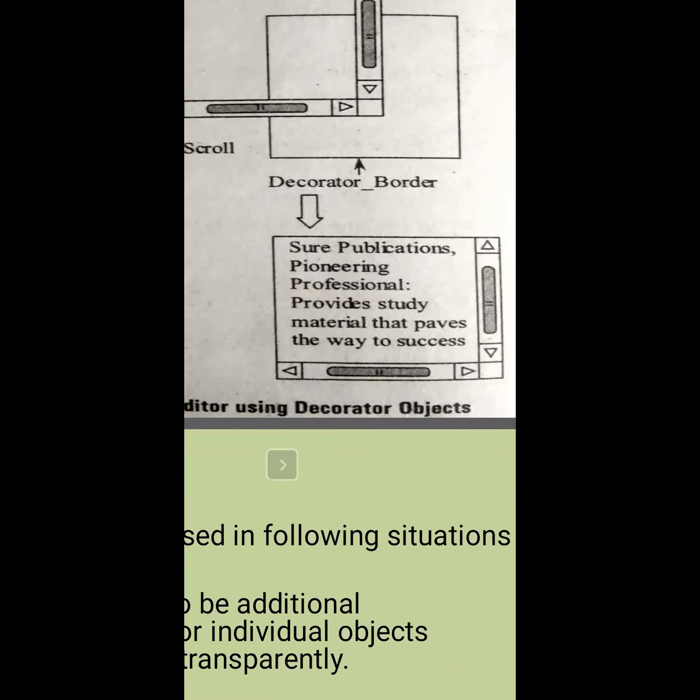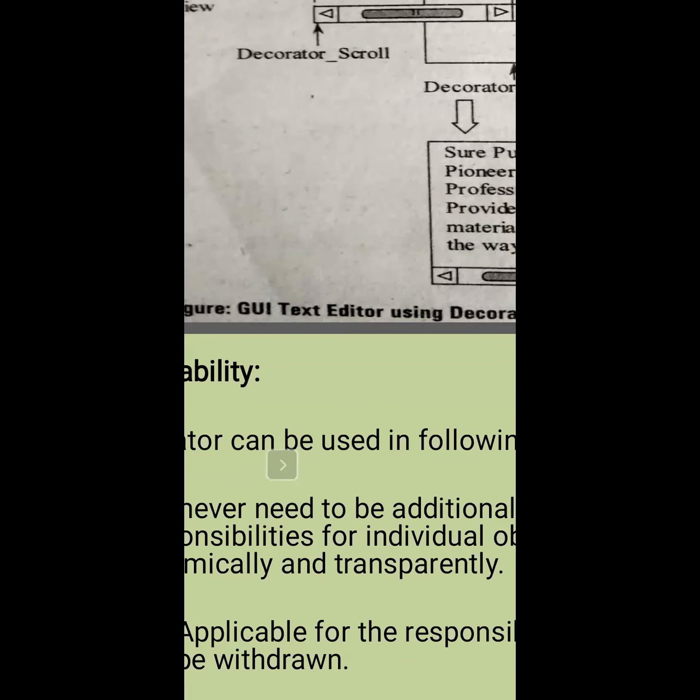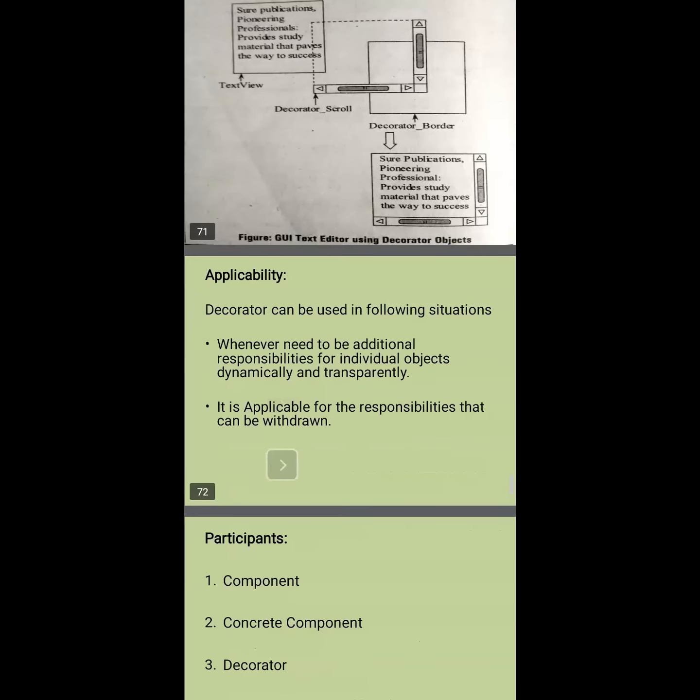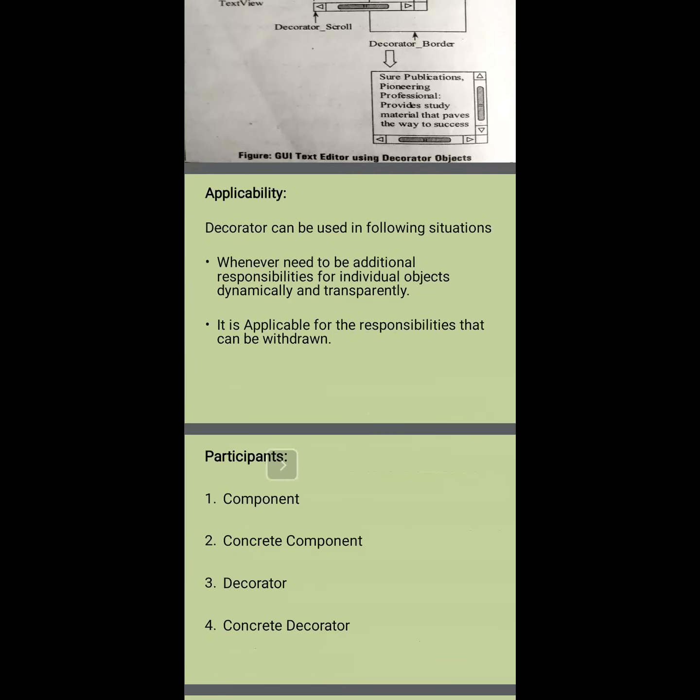So we are able to perform the required changes to the existing software. That will be possible through using the decorator. That is the main purpose of using the decorator: extending the functionalities and being able to insert the required functionalities in an existing software. So, applicability.